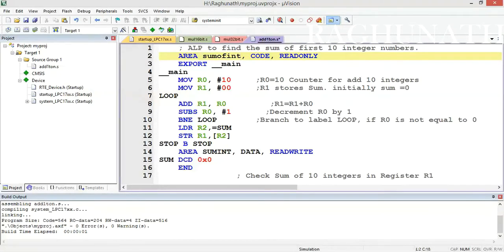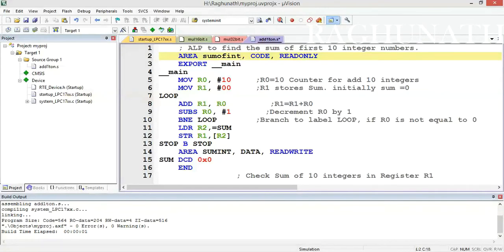Under this we have the instruction ADD r1, r0. You are adding r1 and r0, and the destination is again r1 because we are not using three registers here. If you want, you can use ADD r1, r1, r0 also, that is also correct. So in ADD r1, r0, r1 is the source as well as the destination, so the answer will be stored in r1. You can see in the comment r1 = r1 + r0. It is optional.